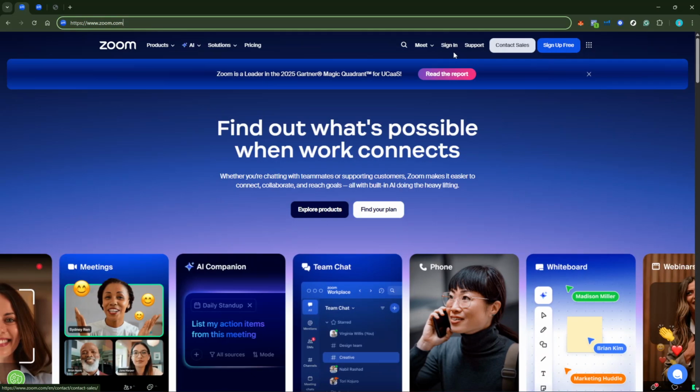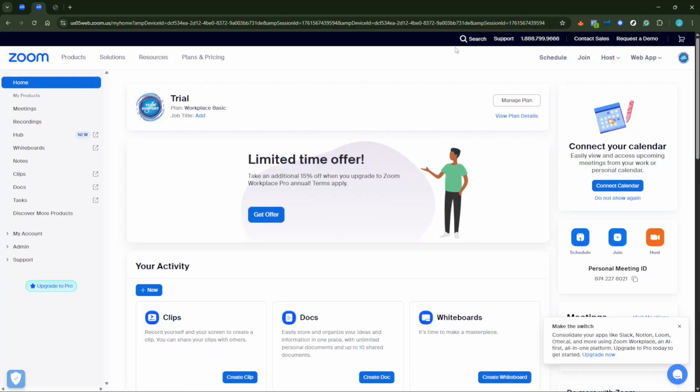If you need to host a meeting immediately, simply click on the New Meeting button. This will launch a meeting right away. However, if you're planning for a future session, click on the Schedule button instead. This allows you to set the date and time of your meeting, ensuring that all participants have ample notice to